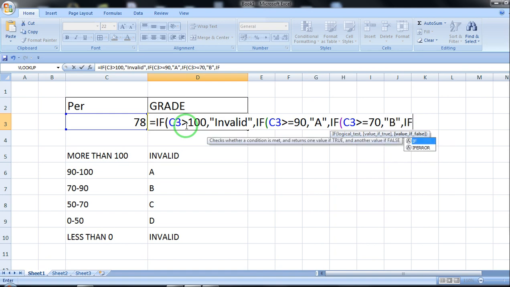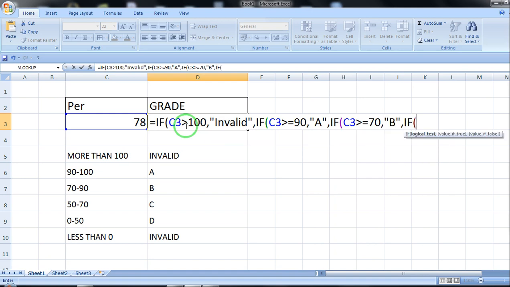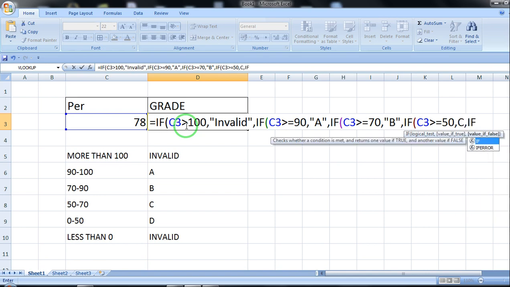One more condition, IF in bracket C3 greater than or equal to 50, it should display C, comma, again IF, just keep on writing. This C should be in double quotes.